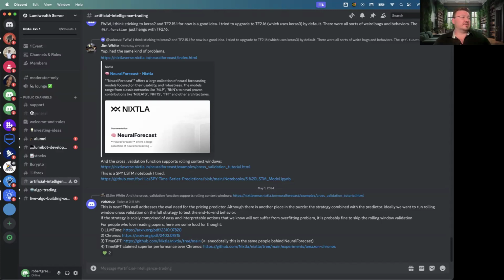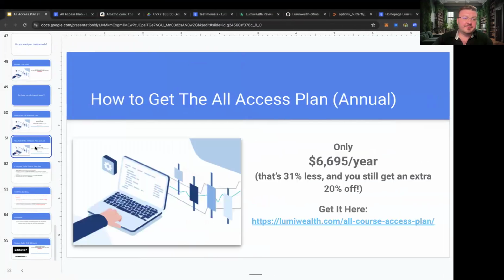We actually did the math on this once. If this thing cost you $7.99, you get 20% off, it's going to cost you $640 a month. Actually, say per year, because you can get this thing even cheaper per year. So say you do the annual plan, you get this thing at $6,695 and you get the 20% off.